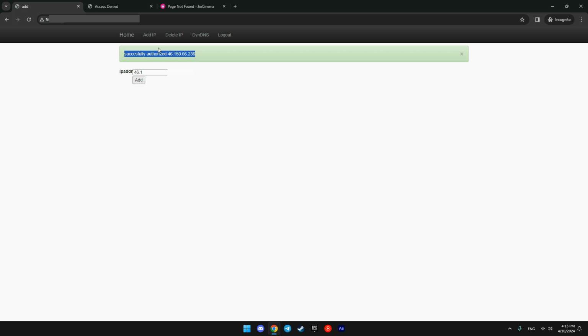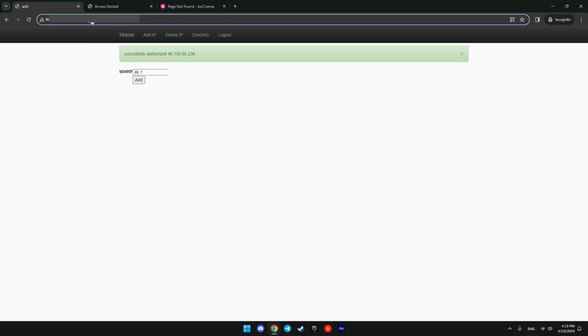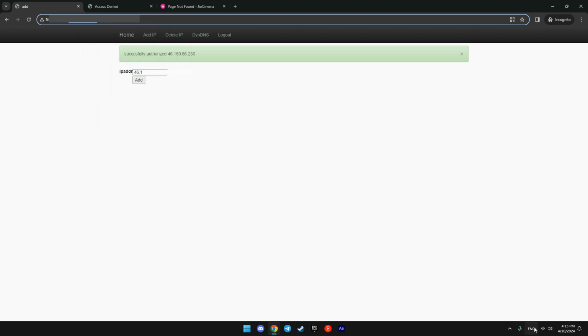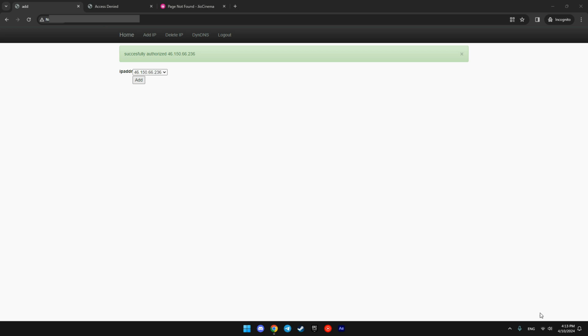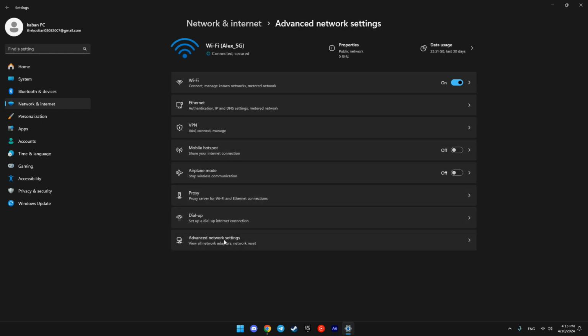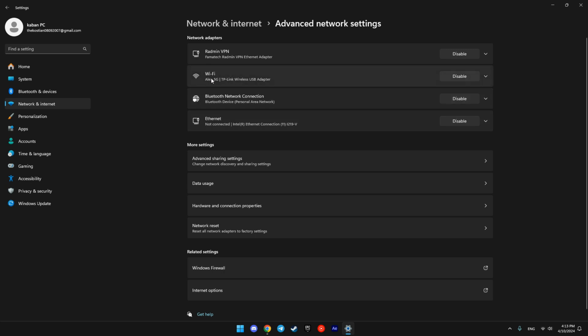Then we need to copy the Smart DNS IP. Click right mouse on your Wi-Fi or Ethernet connection. Check network and internet settings. Then choose advanced network settings. Choose our connection, Wi-Fi in this case,